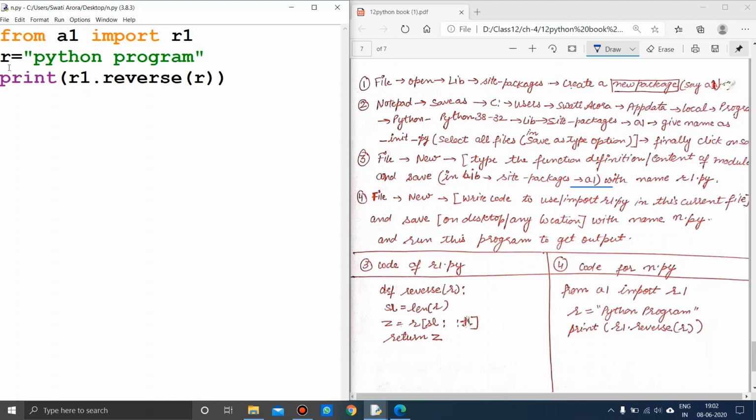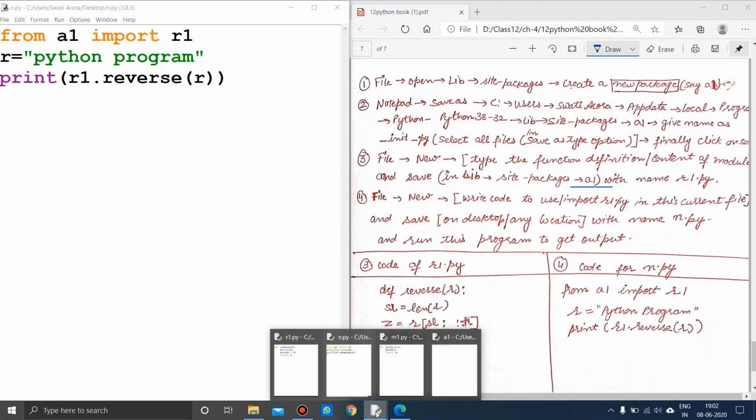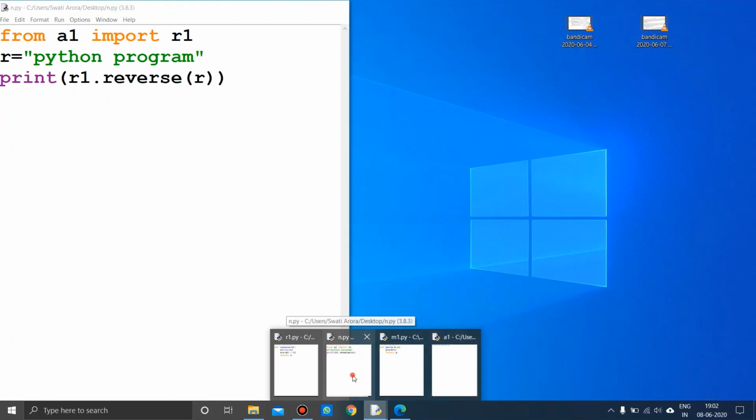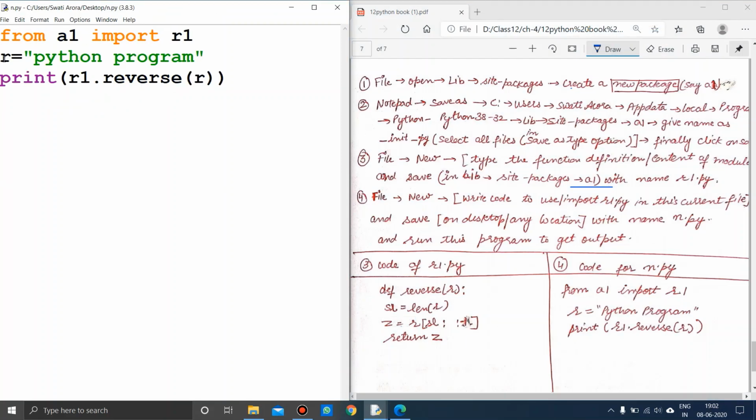Now, you remember what R was? The string that we were giving. See here, the reverse function, and inside it R. This R refers to the string that will be passed using the function call. So here is my function call. See, R I have passed.